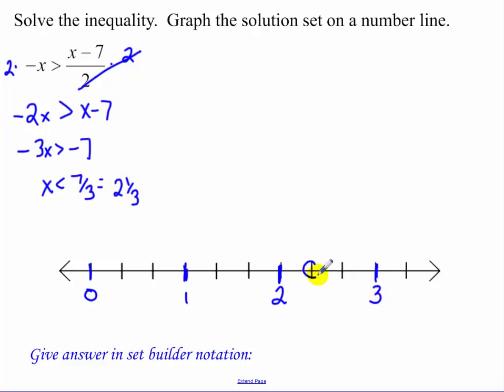So I have an open circle here. x is less than, so I'm going to the left. And our set builder notation,